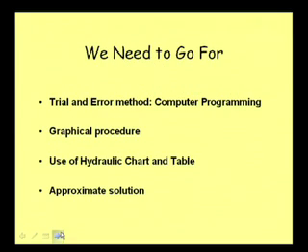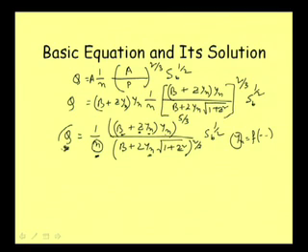So, because of the nature of this equation, we need to go for the trial and error method. You can concentrate on the slide. What do we mean by trial and error method? Very simple: you put some value of yn in this equation. Suppose your calculated discharge, which you know, is 100, say Q max. These parameters you know, and then you put some value of yn and check whether your discharge is becoming 100 Q max or